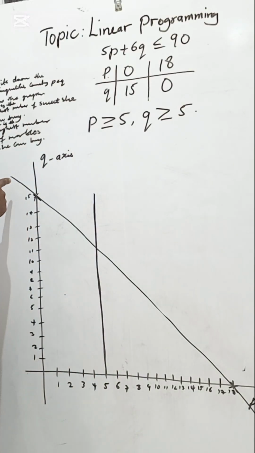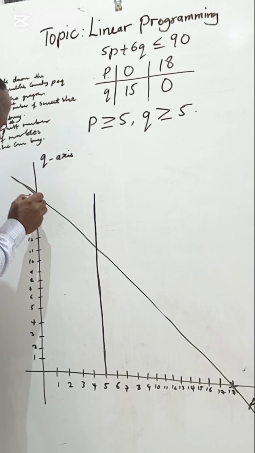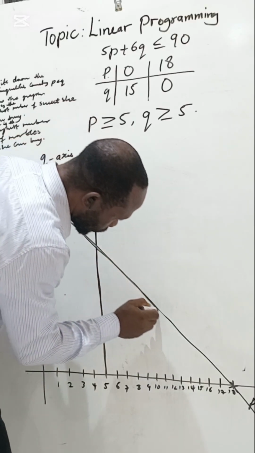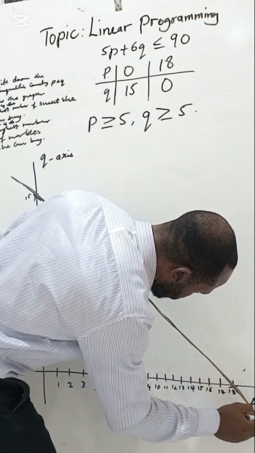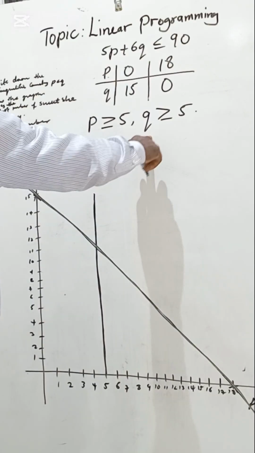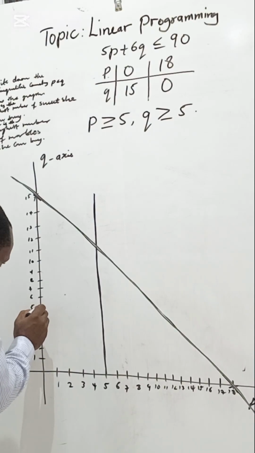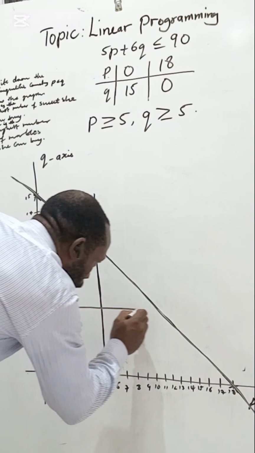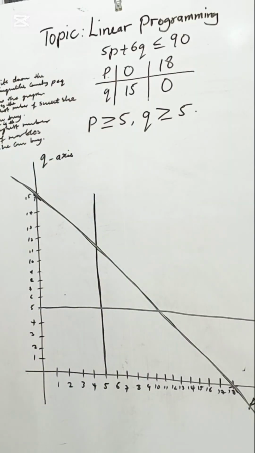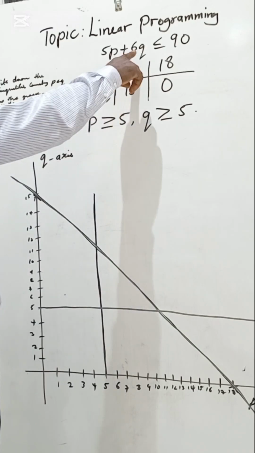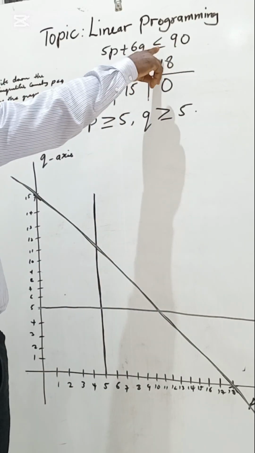Because the inequality sign of 5P plus 6Q is less or equal to 90 is also double, this line will also be a thick line. Q greater or equal to 5 is a horizontal line. So at this point, I also draw another thick line. The next thing I'll do is shade the graph. So 5p plus 6q less or equal to 90, because the inequality sign here